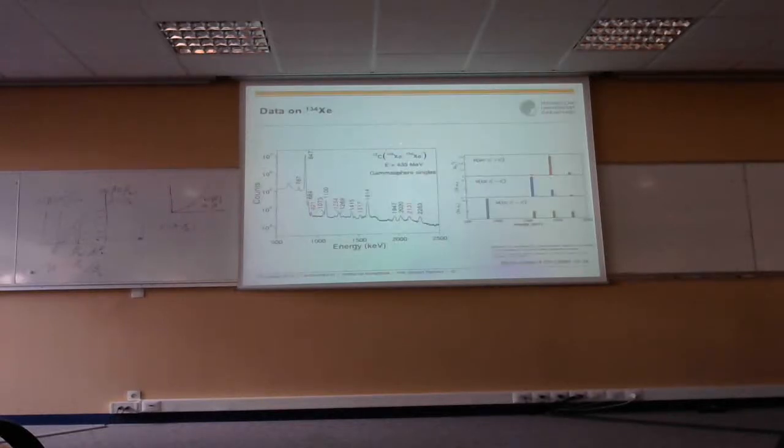This is for a neighboring nucleus, cerium-134. That is a plot of the same experiment. And here, a distribution of M1 strengths to the first 2 plus as a function of energy from 500 keV to 2.5 MeV. And there's one state here which sticks out, which has a large M1 transition rate of 0.3 mu n squared. So this is the 2 plus mixed symmetry state in that nucleus. And the same happened in